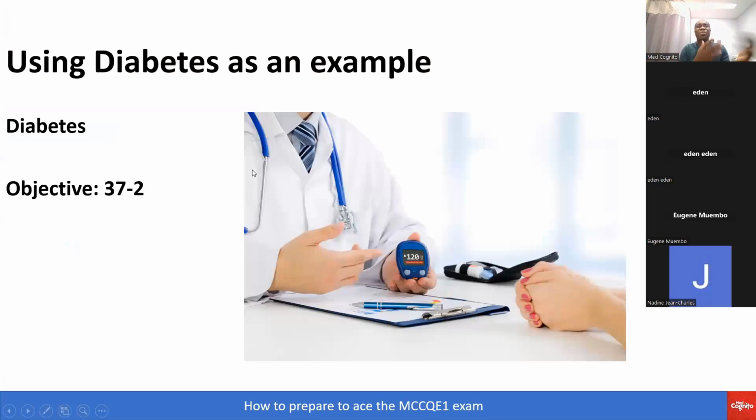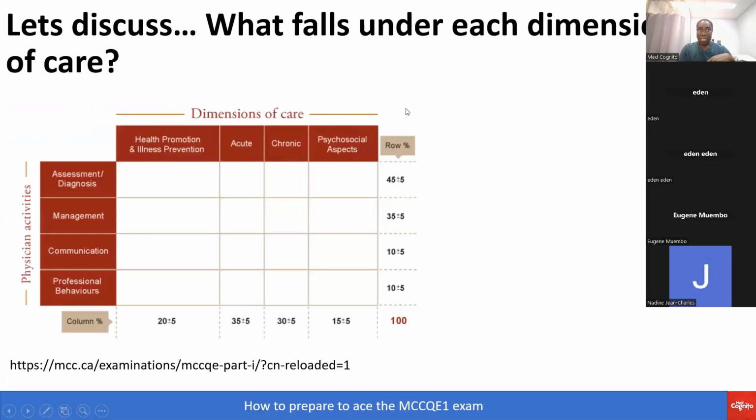So how are you going to map the MCC objectives with the various cases? For example, if you're using diabetes as an example, diabetes objective 37.2, okay? So let's look at this. Diabetes. Where will diabetes fall? Number one, under health promotion and illness prevention, diabetes will fall there. So under health promotion, where will diabetes fall? Diabetes will fall under you